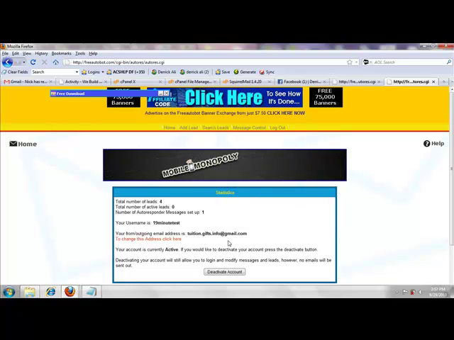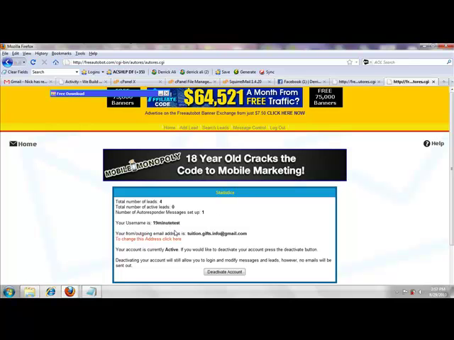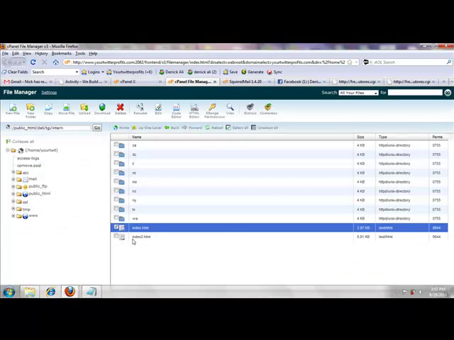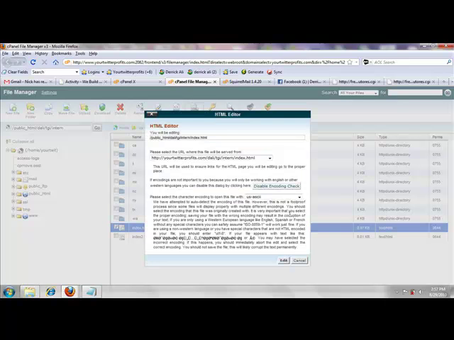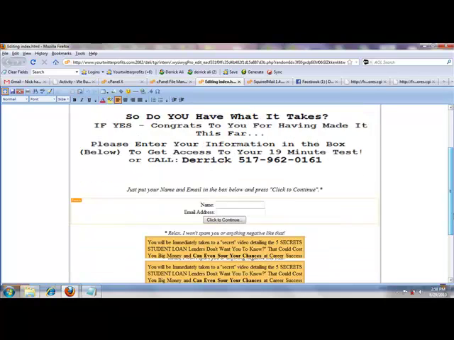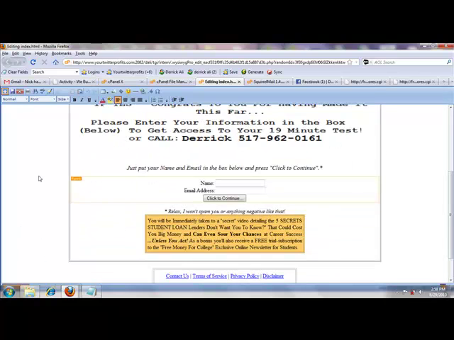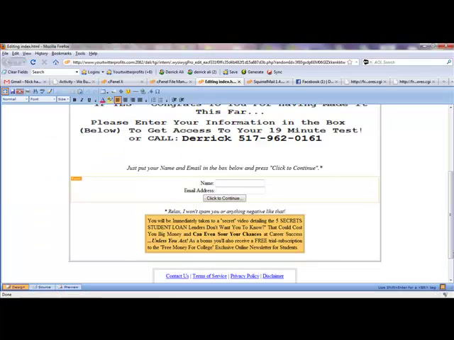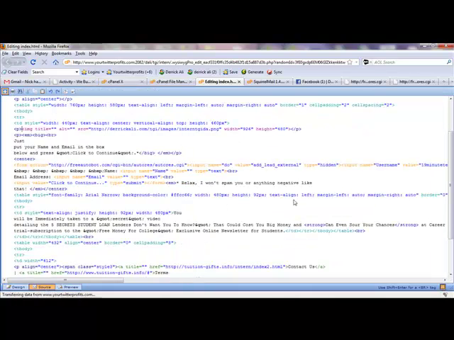So anyway, that email address and this username I insert with some HTML code. Back over here, I'll open this folder up so that you can see the script and what the page looks like, how we're attracting interns, and how I'm keeping them in. Give me just 19 minutes today. I'll give you access to a paid internship opportunity. I'll go into my HTML. I think I've got to look there and then get down here to the source code,